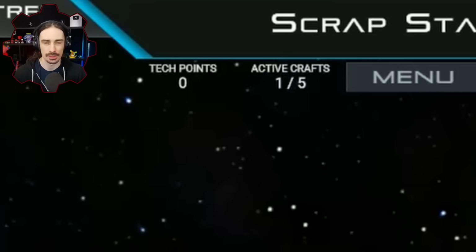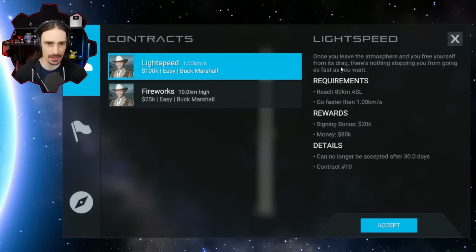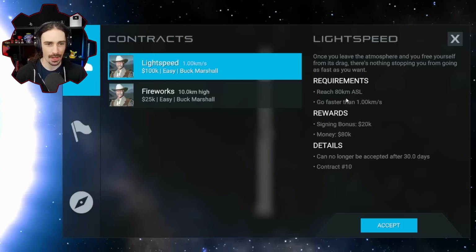399,000 money. 0 tech points, apparently. I need to do some tech stuff. All right, light speed. What? Once you leave the atmosphere and you free yourself from its drag, there's nothing stopping you from going as fast as you want. Okay, so I need to leave the atmosphere and I have to go faster than 1 kilometer